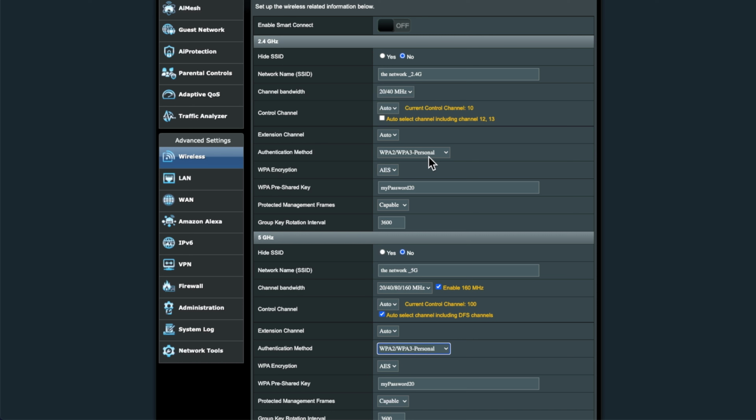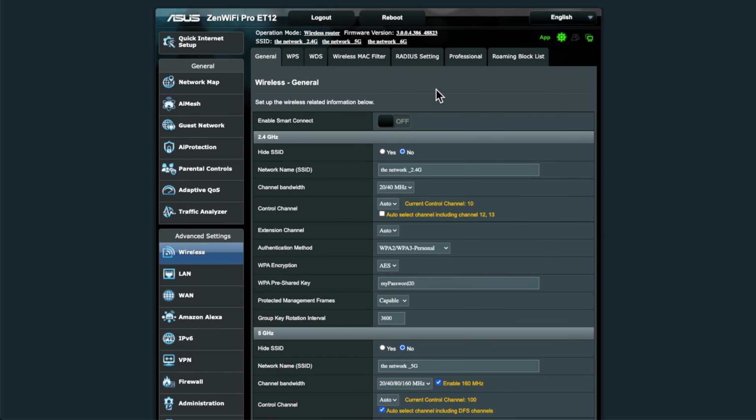So for more security, I would advise perhaps changing this from WPA2 to WPA2/WPA3 Personal. So at least then, if your device is capable of the better encryption, it gives you better security. I don't believe this is set by default, so that's one thing I would advise you can actually